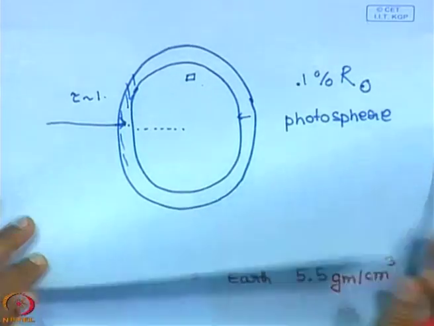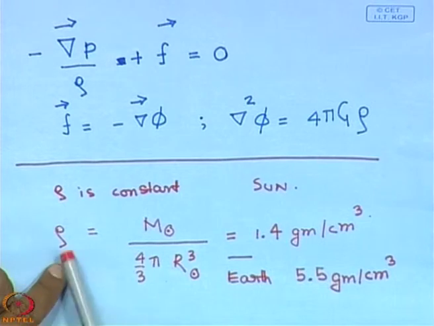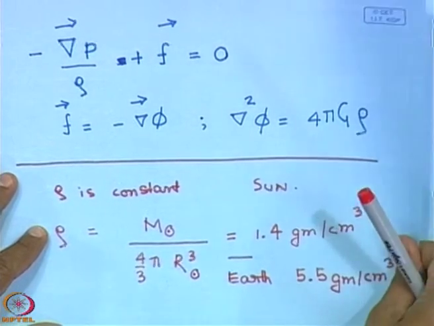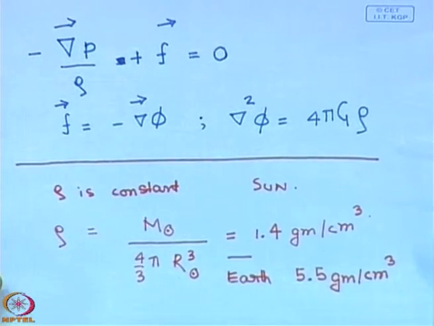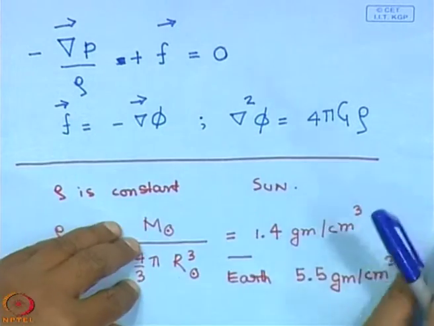So, we are going to assume that the average density inside is this and it is a constant. So, with this assumption, let us go ahead and try to solve this equation. Solving this equation is now, with this assumption, quite straightforward. We also have spherical symmetry. So, we will just multiply this over here, and what we have then is